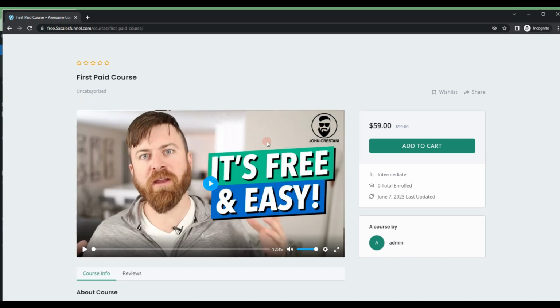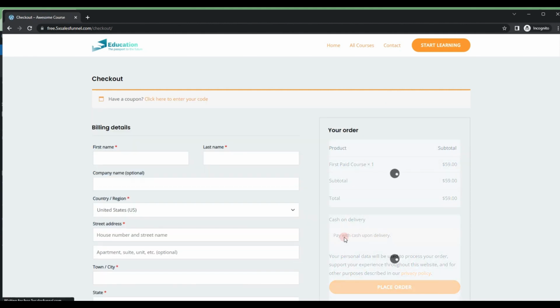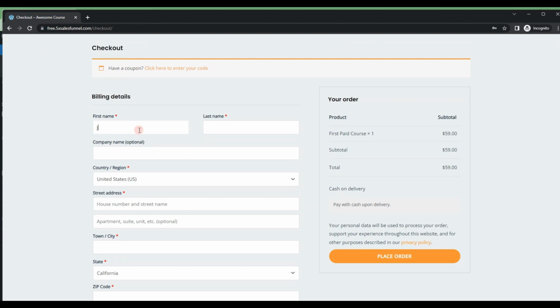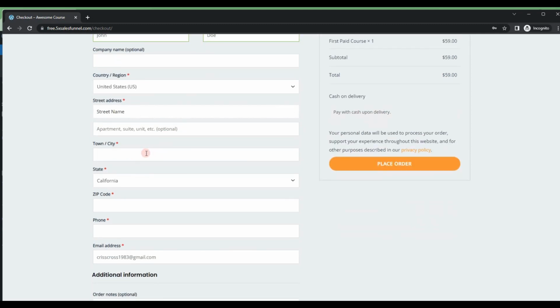So here I am in the paid course as a guest visitor, and I can see that the add to cart button is here. So I click on the add to cart, and I am taken directly to the cart page. Then I need to click one more time to go to the checkout page. And here in the checkout page, I can fill in the details, fill in the address that I have. Now, once again, the default layout of WooCommerce is not optimal, but still,